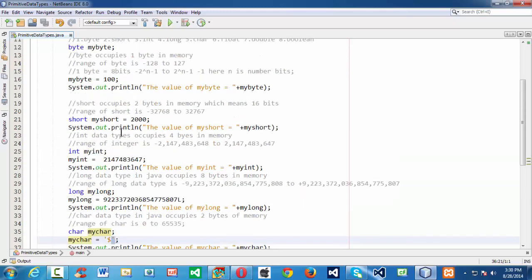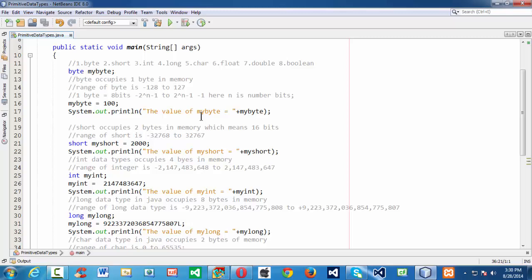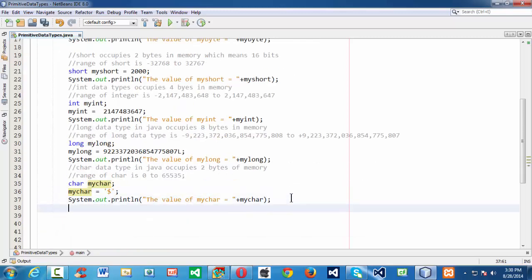Let's continue our studies with the next data type, which is float. Float and double are the two types of variables or data types which have the capability of holding the fraction part or decimal values.